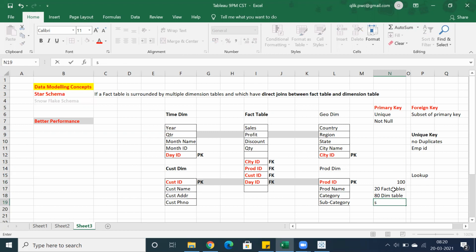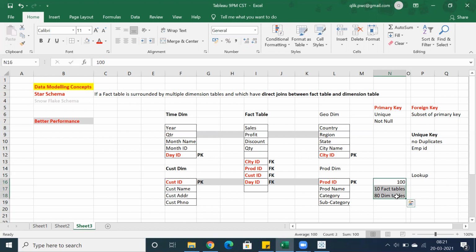Okay, so basically what I mean to say is we generally have more number of dimension tables, but 20 fact tables is huge. It depends on the number of tables, but let's say if you have 10 fact tables and more number of dimension tables, it depends on the project, but this is the ratio. We have very few fact tables and more number of dimension tables.